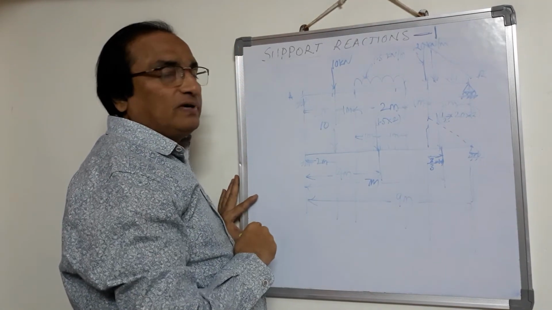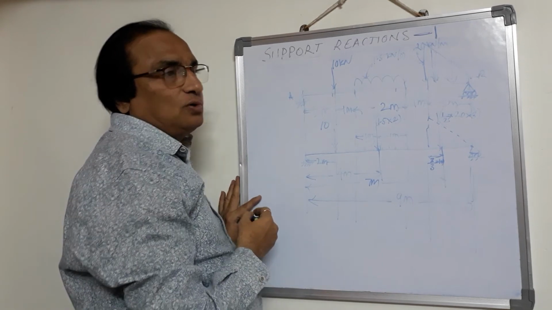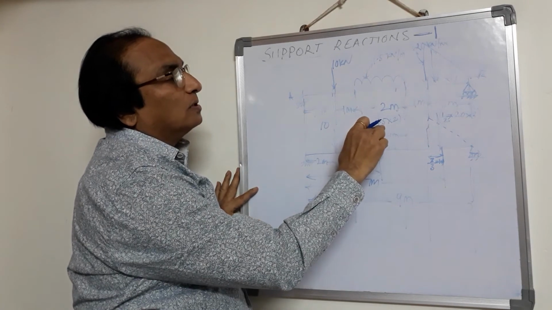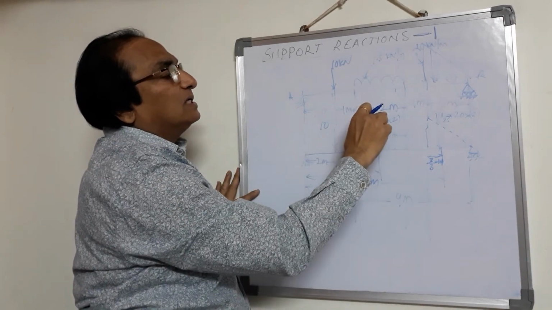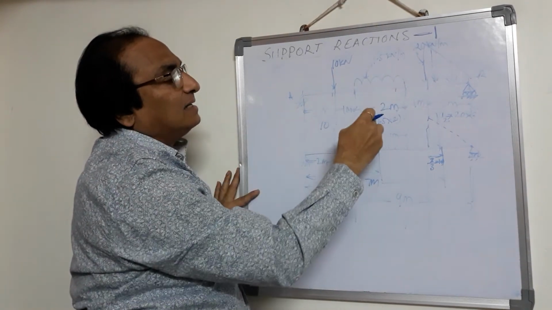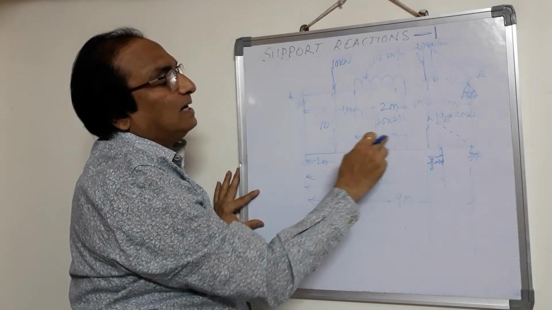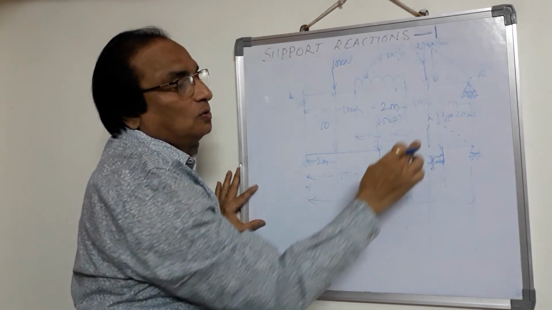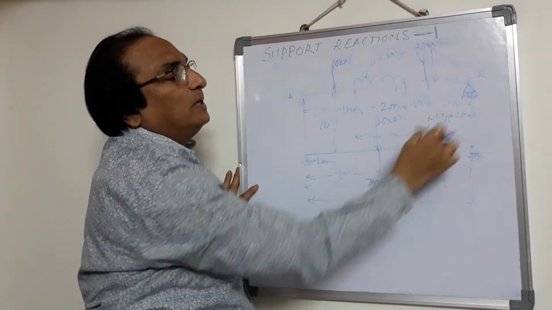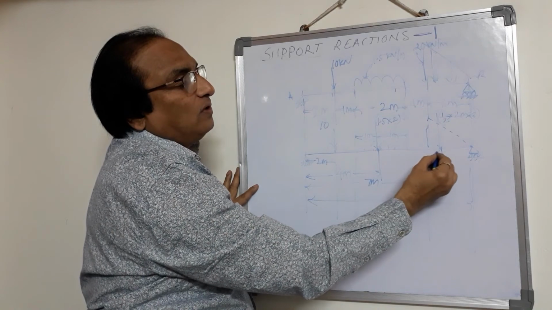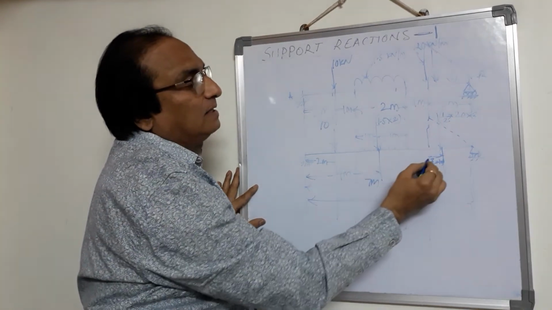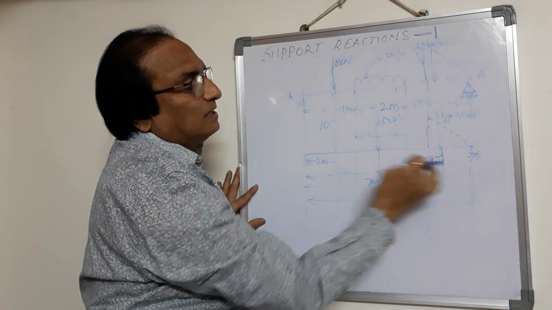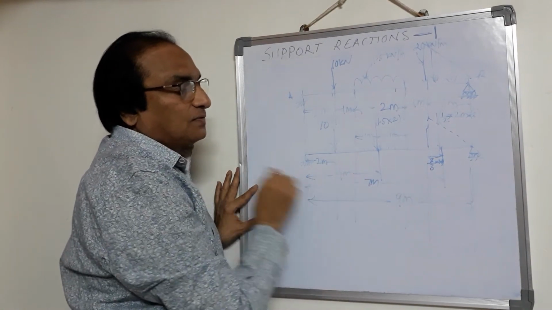So once you simplify this figure, it will be very easy for you to do the calculations. So UDL is converted into total load, intensity of loading times the distance for which it is acting, and it will act at the center, 1 meter and 1 meter. Here there is a triangular loading. So total load will be the area of the triangle, half into base into height. It will act at a distance of 1/3 from the base, and base is 3 meters here. So 1/3 of base will be 1 meter. You will have to locate the distance from the support.